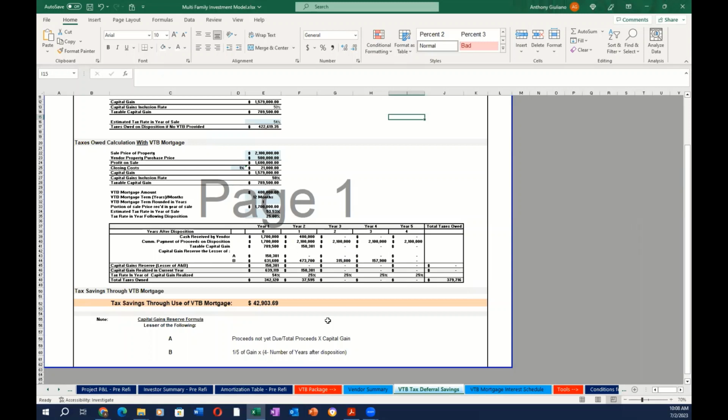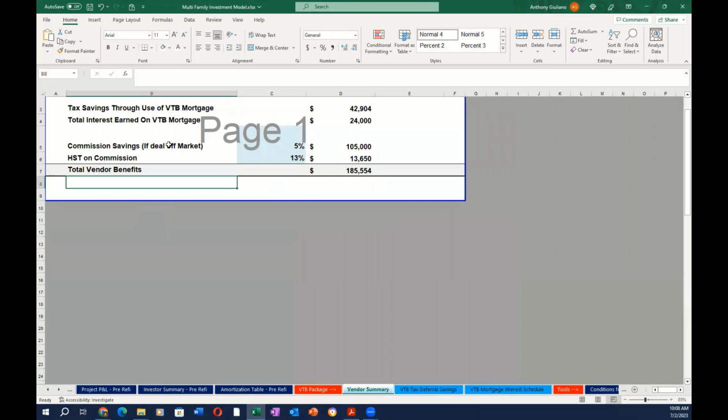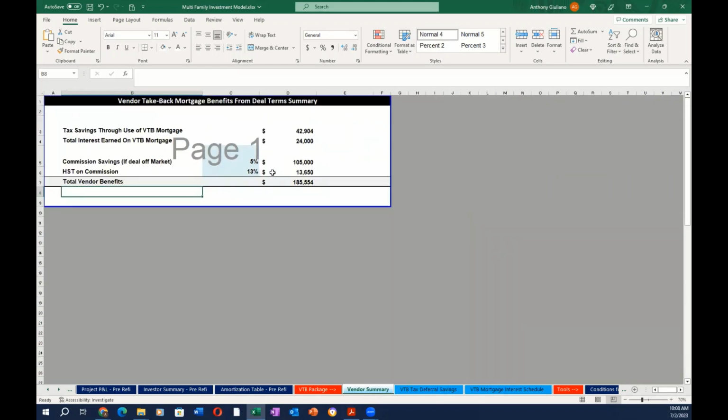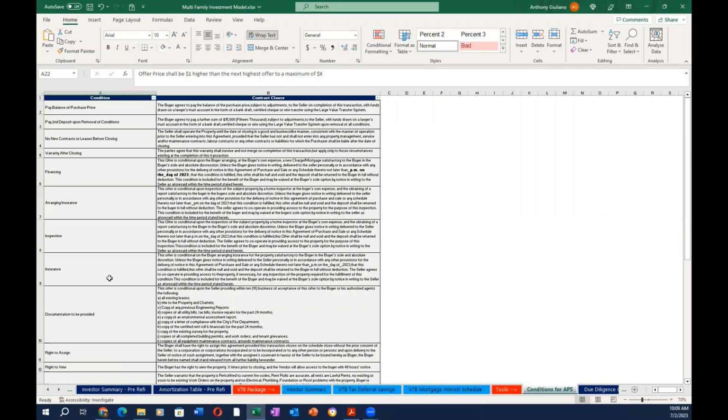As you know, there are some tax advantages to providing the seller with a VTB mortgage that not all vendors would be perfectly aware of. I'll go through this in a bit more detail, and then ultimately, it will provide him a quick summary of the commission that he'll save by selling you the deal off market, if that is an option to you. Some other items that we have included here is a quick summary of terms and conditions